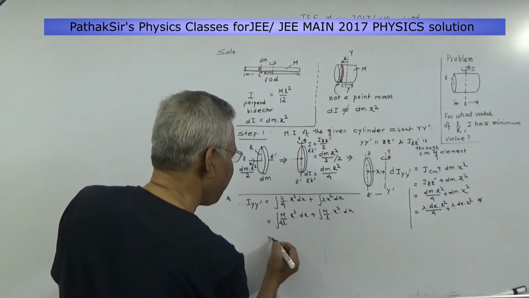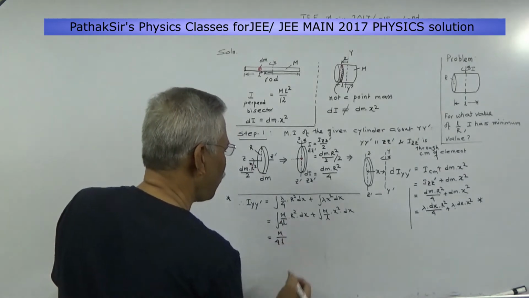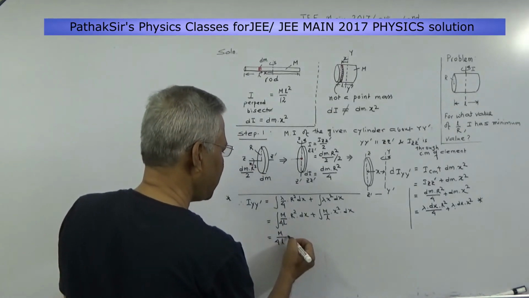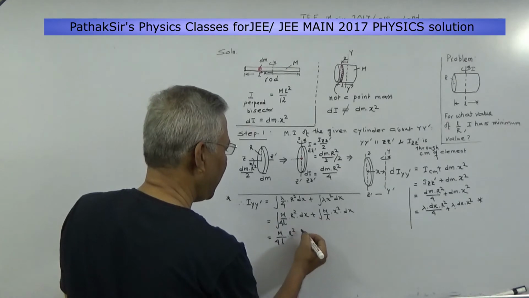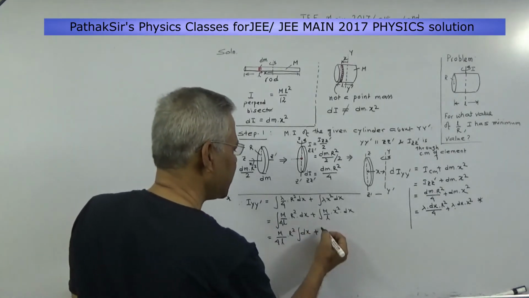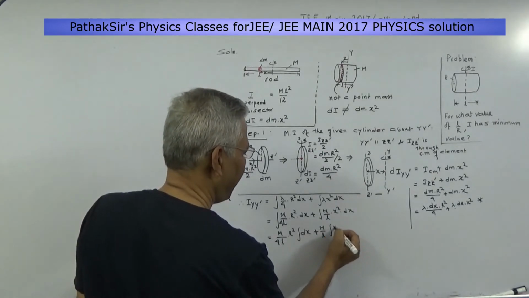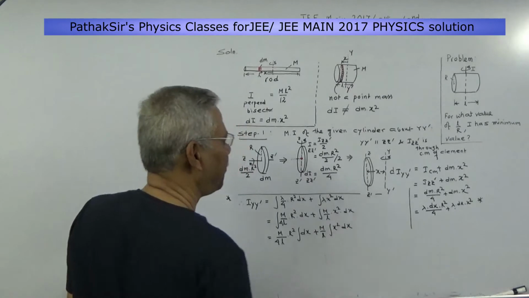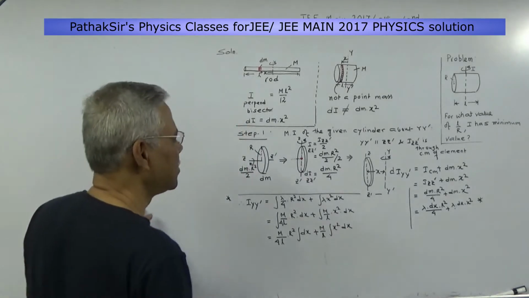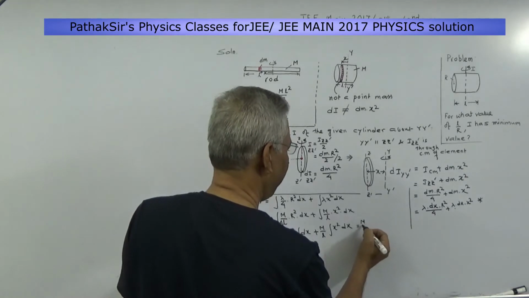Equal to m constant, 4l constant, r square constant, integration dx, plus m by l integration x square dx, equal to m by 4l